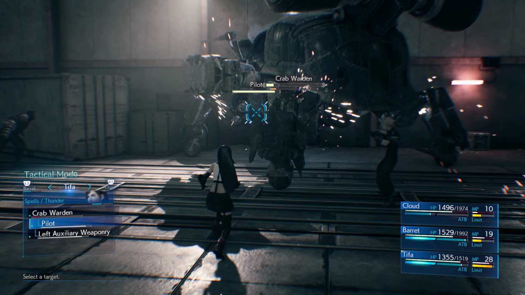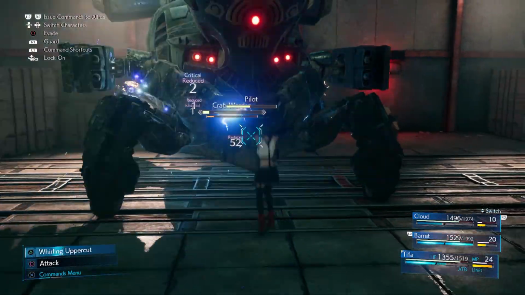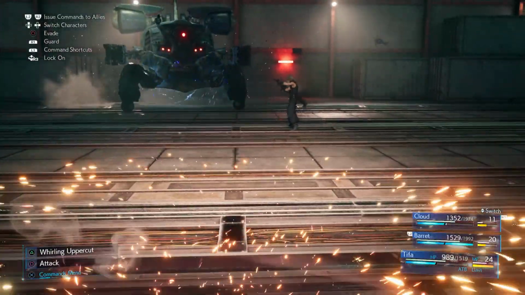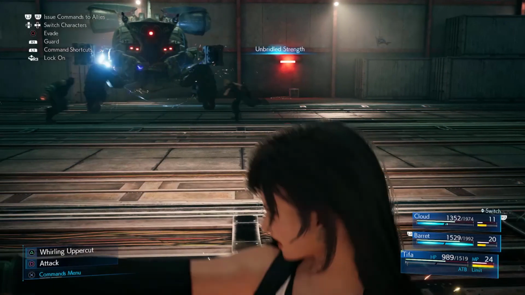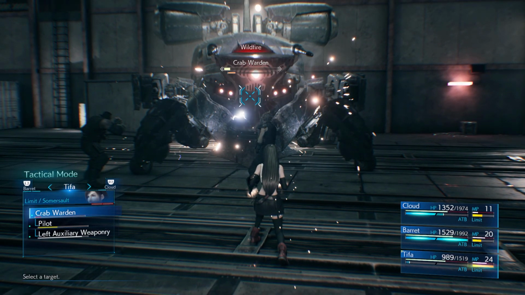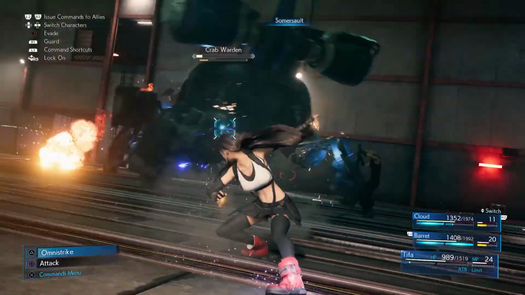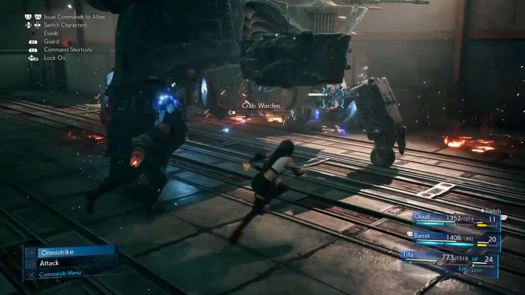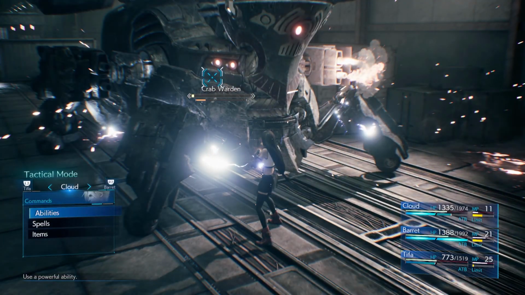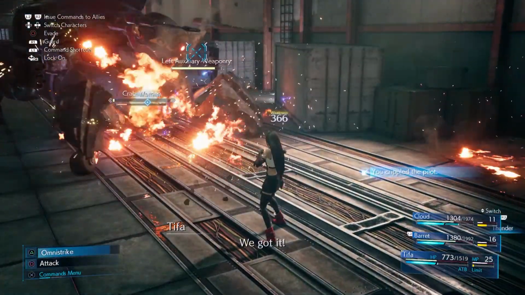Let's see. Tifa's almost at her limit, so let me get her up to it. It interrupted unbridled strength, but it also gave me my limit, so I can't be too upset, you know? I mean, I could do it to pilot and expose the generator, so I guess I will. Feels like a little bit of a waste, to be honest, especially since it completely missed the pilot, and it really bothers me that limits can miss. Like, what do you mean limits can miss? That should be a guaranteed thing, like...